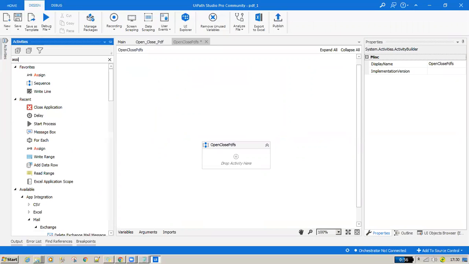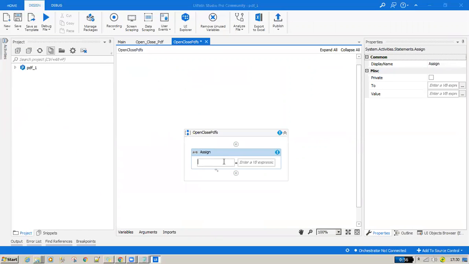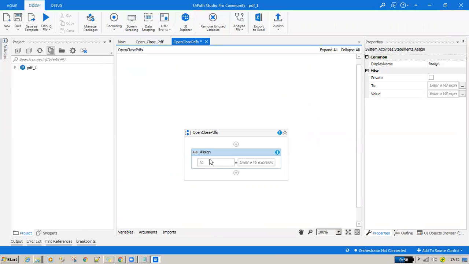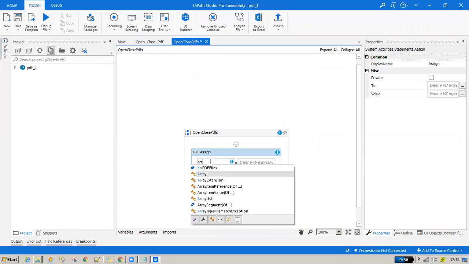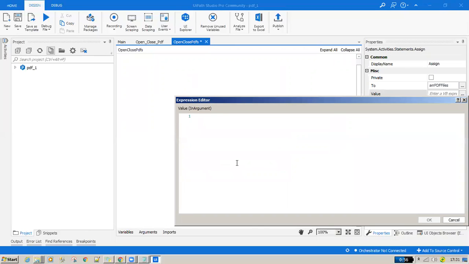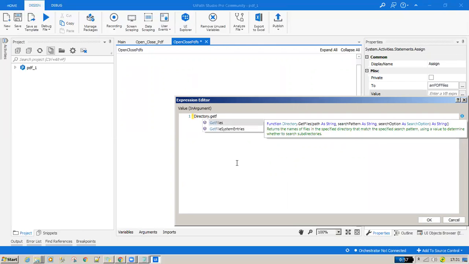I will show you one more time how to get into this place. The first step is to take one Assign and create an array of PDF files. Under the value, we'll take Directory.GetFiles, which is a function.